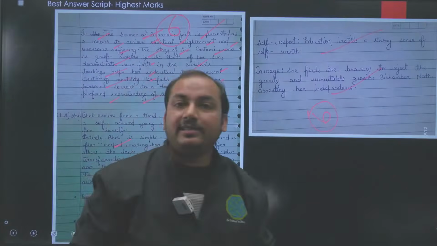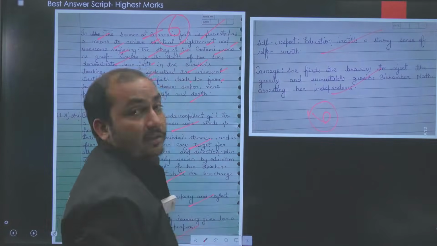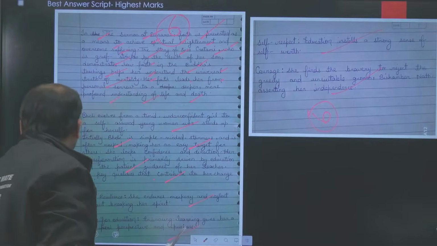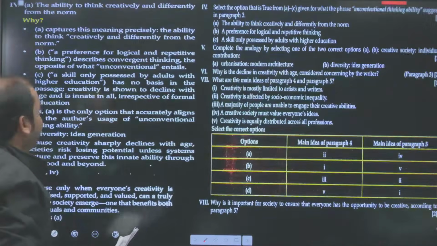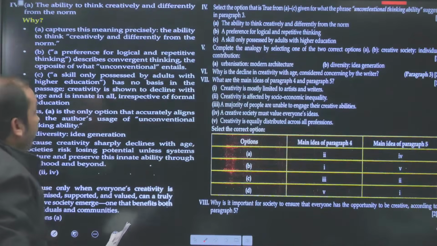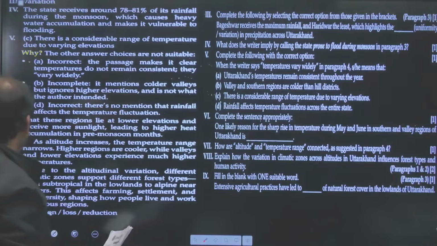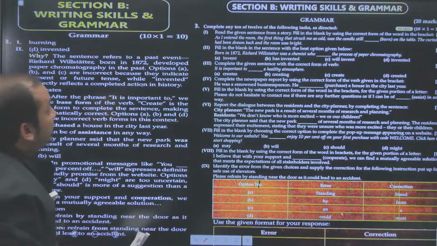Now let's start the session and we will start discussion on the sample paper. We will start from the grammar portion and after that we'll come to the reading skills. First of all, we will cover the grammar portion and after that we will cover the reading skills. So here,